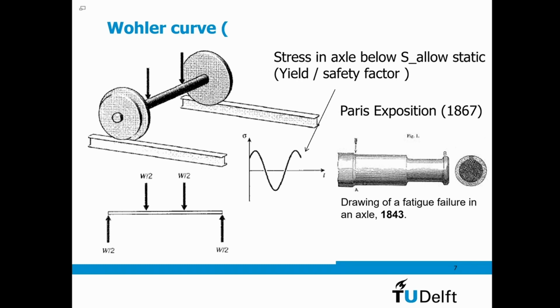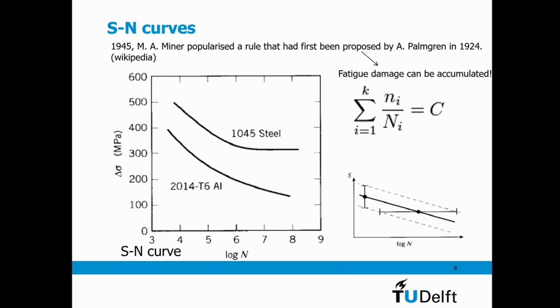And already in 1843, they described what happens if you have stresses below yield, but they fail. And you can see that over time, you will have small stress increases, which are caused by fatigue. So in 1945, Miner made a rule, which is an improvement from Palmgren, so that is why it's called the Palmgren-Miner rule,